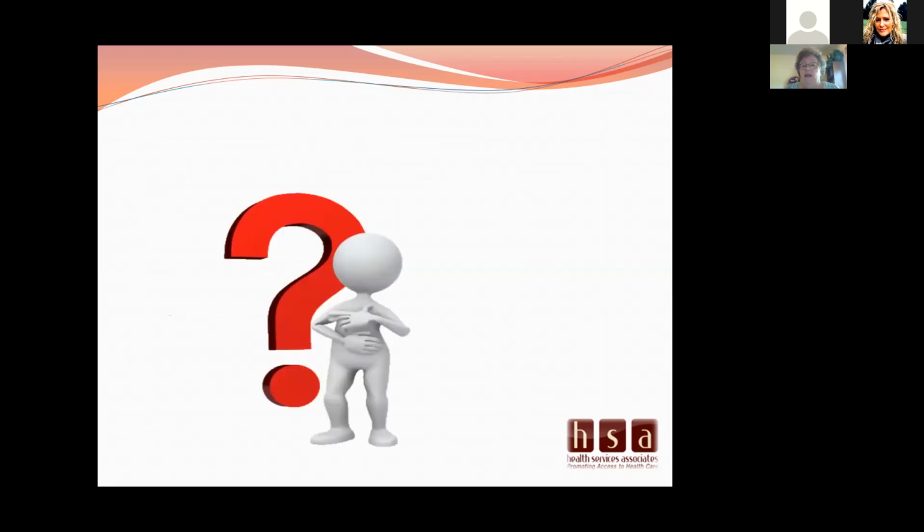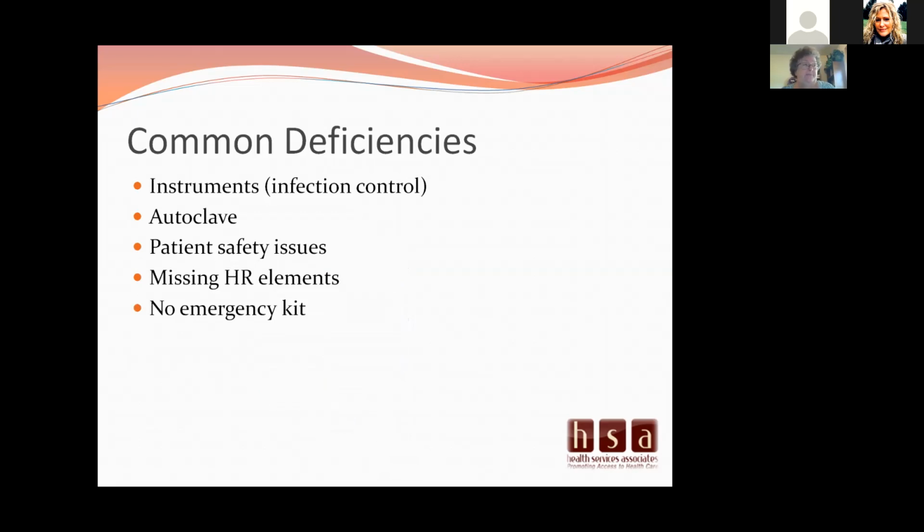As a side note on the emergency kit, Robin, if an emergency kit looks like it has a small amount of contents, the medical director or the person that they've defined in their policy as the person who determined those contents may be asked to defend why those contents were decided on. Correct.